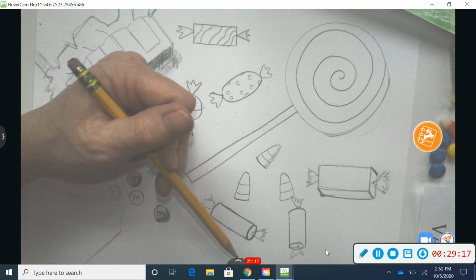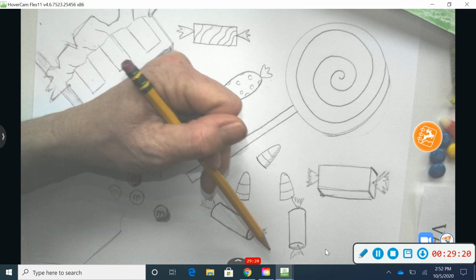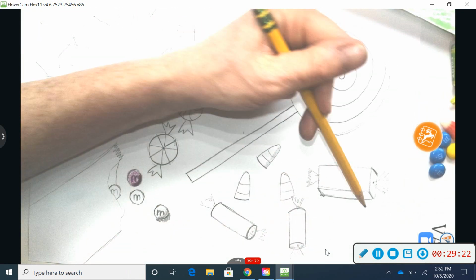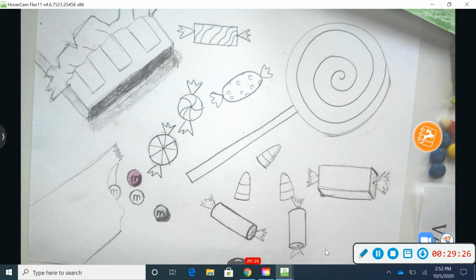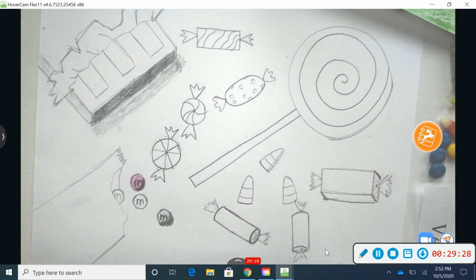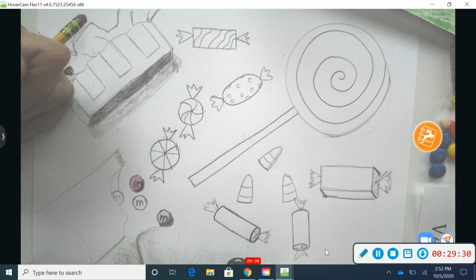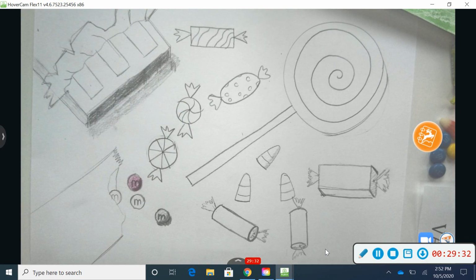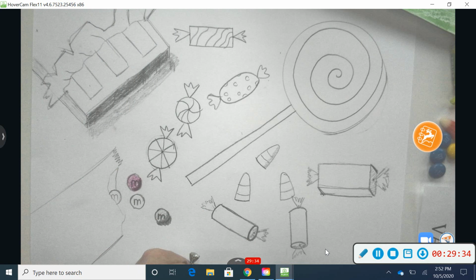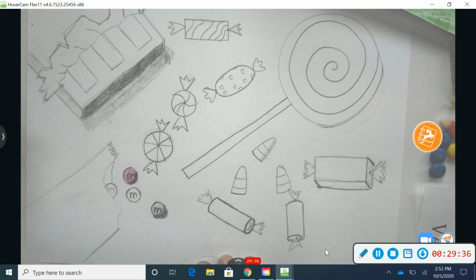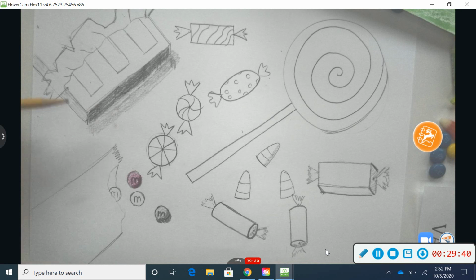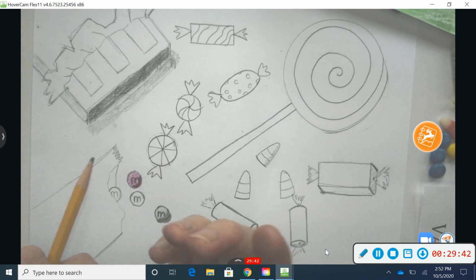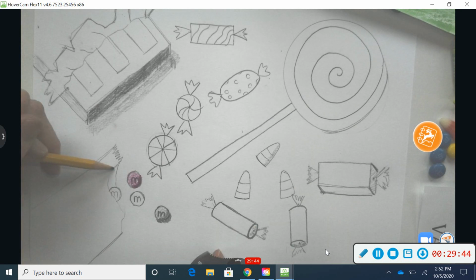Right now, what I'm going to do is start to work on using some paint or crayons to color mine in. You're welcome to that, or you can just keep drawing. You can come up with names for your candy. Maybe you could name your candy after yourself. It's really up to you what you want to do